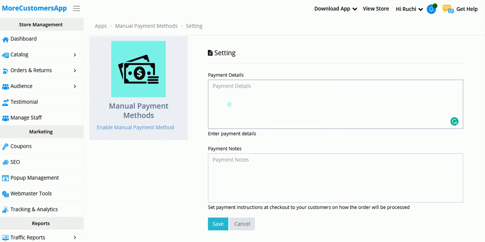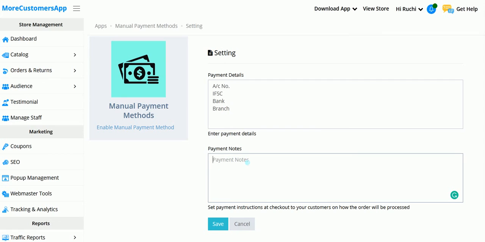In manual payment, what you have to do is mention the payment details, means you can mention here your account number, means the customer has to pay in which account. All the details which are mandatory for paying to the bank account should be known, like IFSC code is necessary, bank name is necessary. Other than that, you can mention the branch name also if you want to. So all these payment details which we need for making a payment into the account, all details have to be mentioned here. And here you can mention the payment note also.